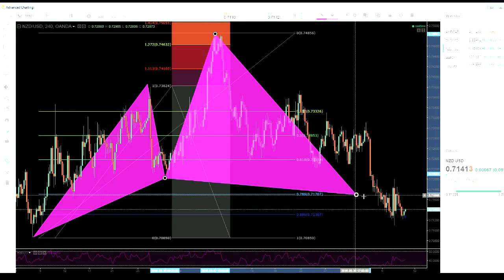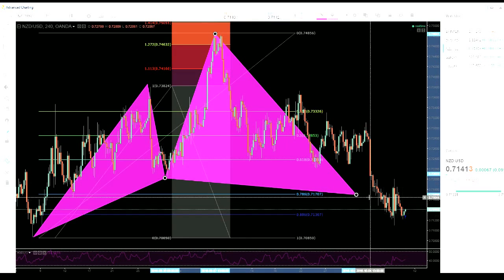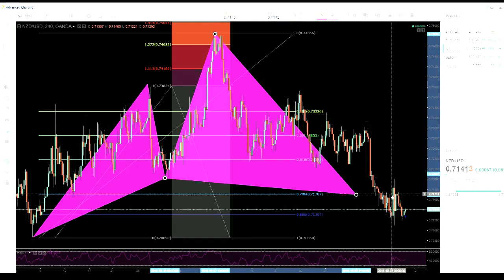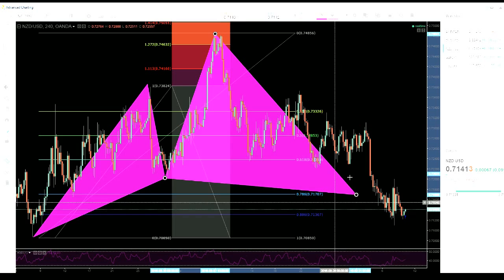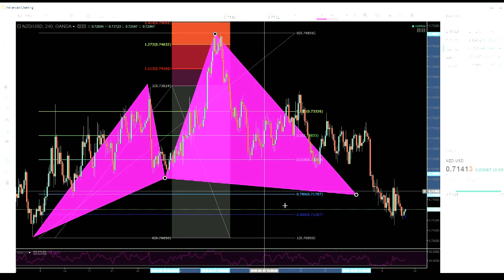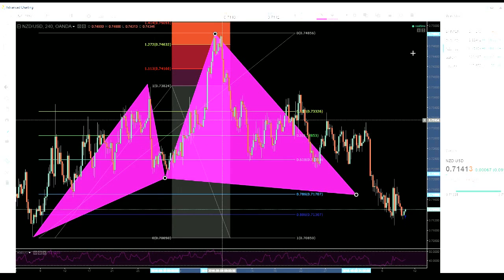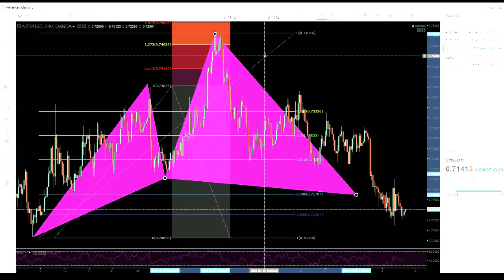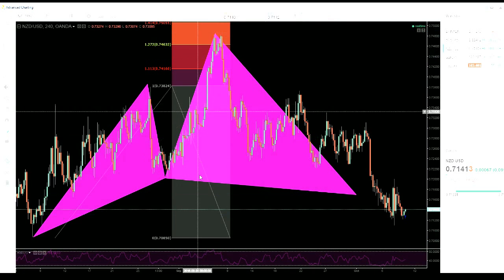So this Cipher completed at the 7170 area, right in here. However, I did get a little bit better entry because I was late to the trade, but it was still valid, so I did take it. Now, with this Cipher on there,